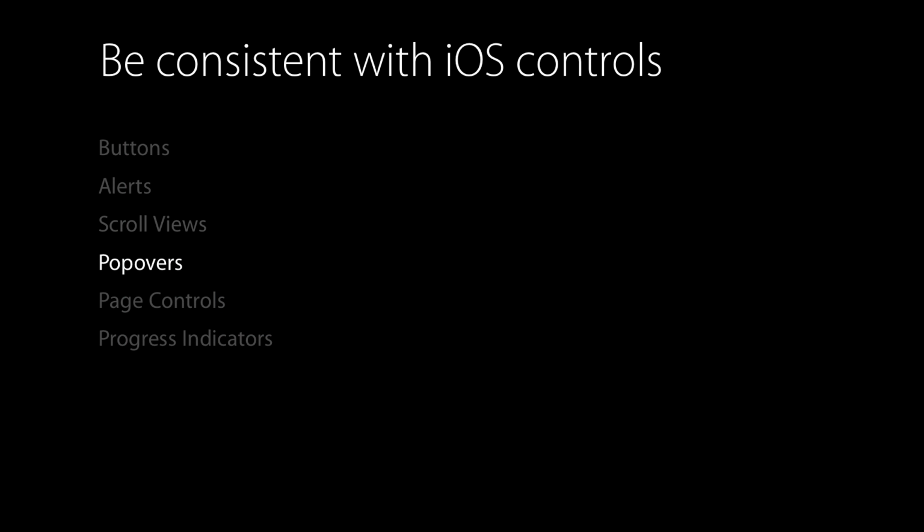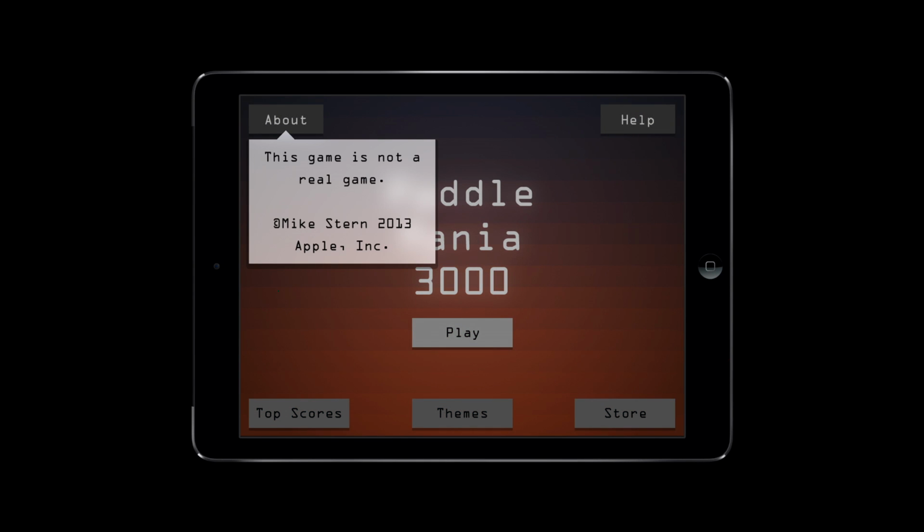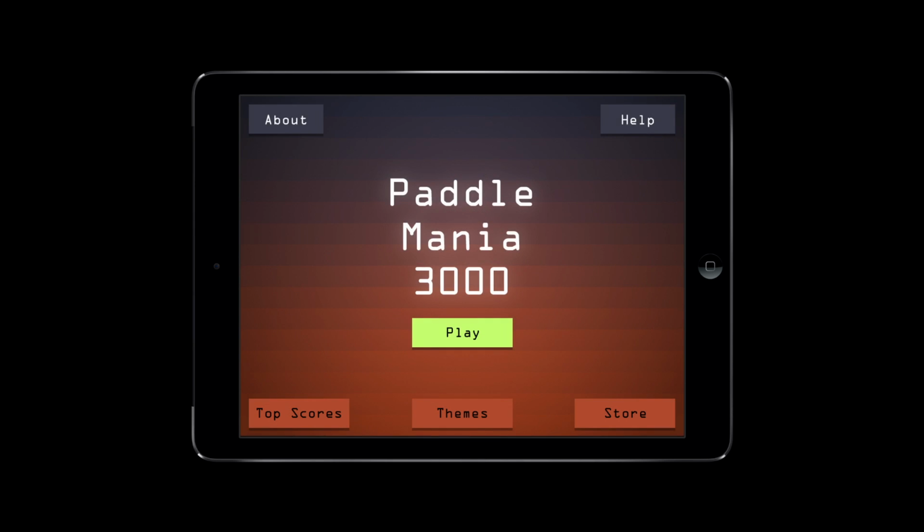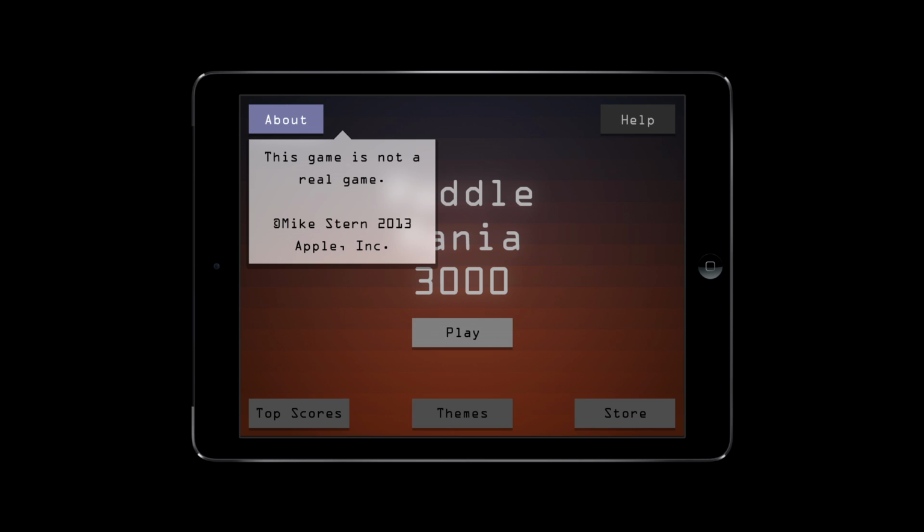Next up, let's talk about popovers. So popovers are these transient views that we use to display additional information or controls. And they always have this arrow which connects them to the control that was used to open them or the object that they relate to. And that arrow is very important. It makes it clear what the popover relates to. So with that in mind, it's pretty important that the arrow is pointing at the thing that it relates to, not close to the thing that it relates to,